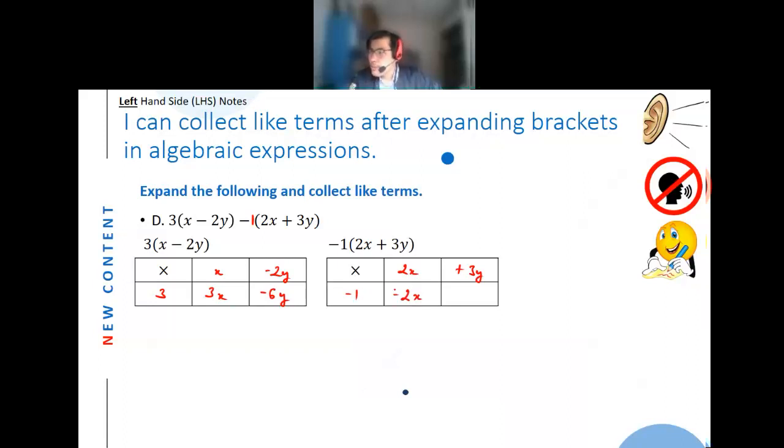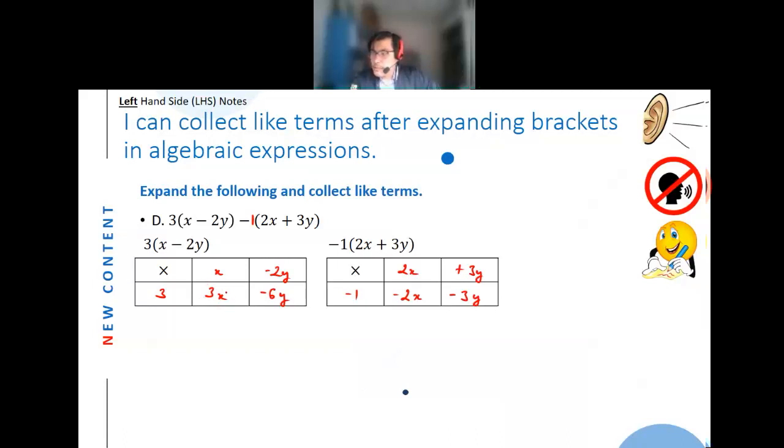Then negative 1 times positive 3y. Again, negative and a positive gives you a negative, and 1 times 3 is 3, so negative 3y. Okay? All right. Now, if you want to, you can rewrite everything without brackets. What I'm going to do here is,